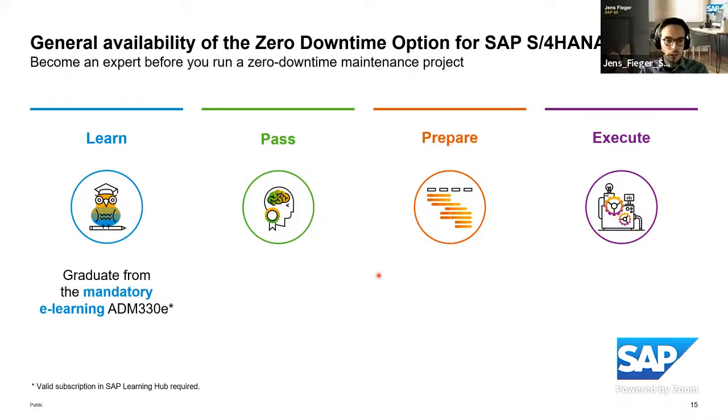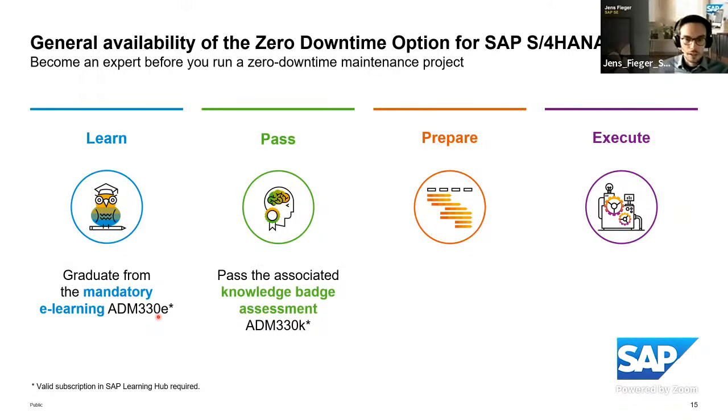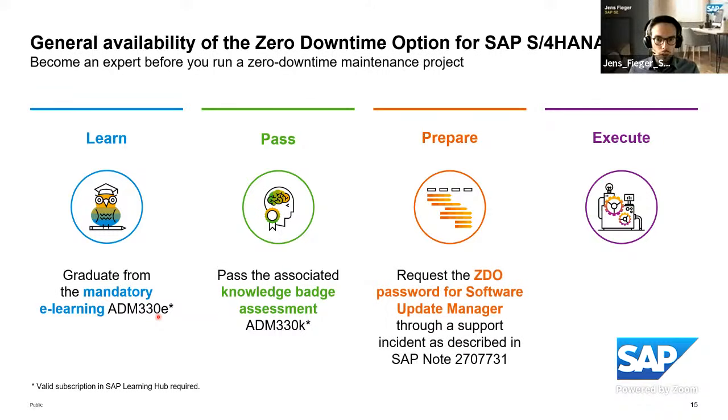I have mentioned that now a couple of times. There is a mandatory e-learning. By the way, the links are also available in the main SAP note. So the direct links to the trainings in Learning Hub, as well as the knowledge badge assessment, ADM 330 E and K, both links, there are some tiny URLs, they are added to the main SAP note. So if you want to do that training along with the assessment now to get prepared, feel